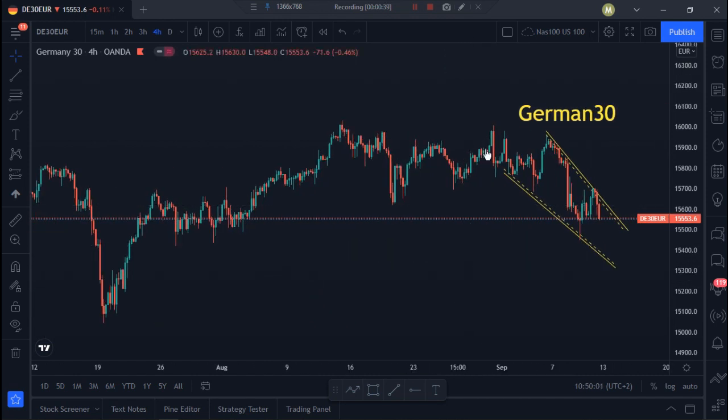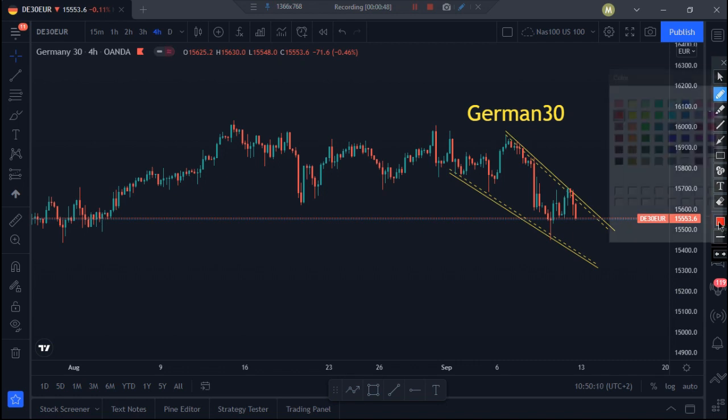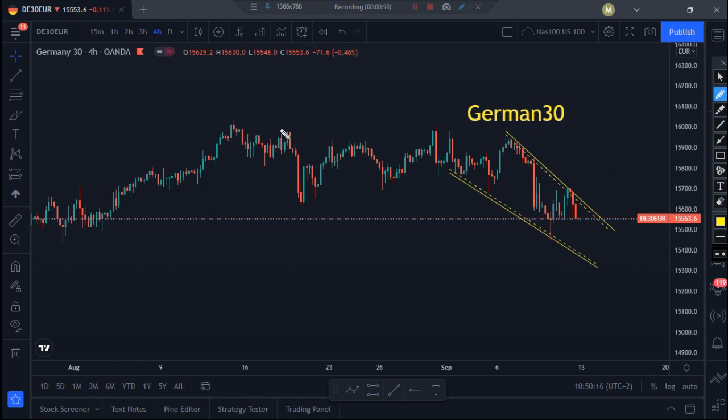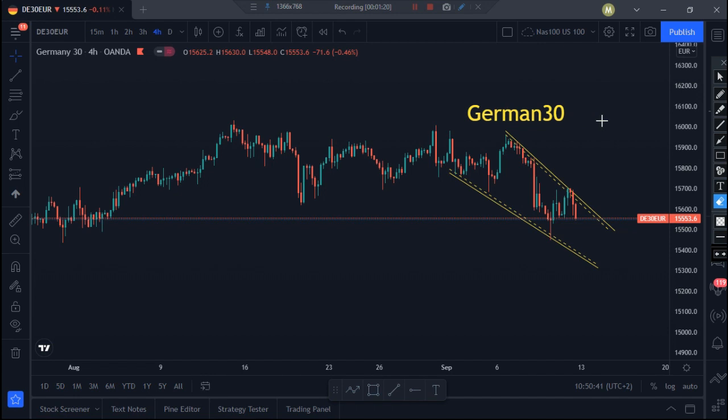What I see is something which is not really usual, but it's supposed to happen. We see a very strong sell-off around this area. Around this area, you see that was our highest high because this was the highest zone. Around this area, we also had something like support. But you know what? The market decided to just sell off. So as you can see,